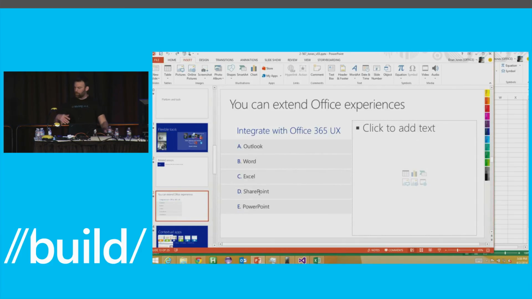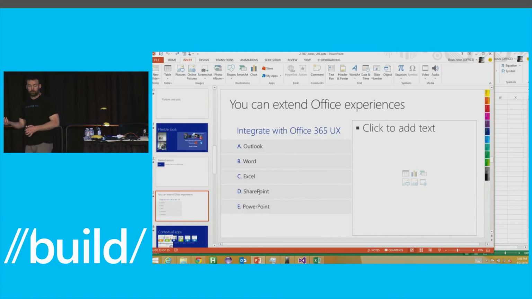We've also got SharePoint, of course. You extend the SharePoint experience. And a new thing that we added for SP1, which just shipped recently, is that you can go and extend PowerPoint now with those apps in line. So an example, when we made the launch, we worked with a partner of ours, Poll Anywhere.